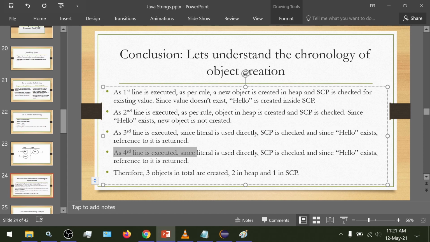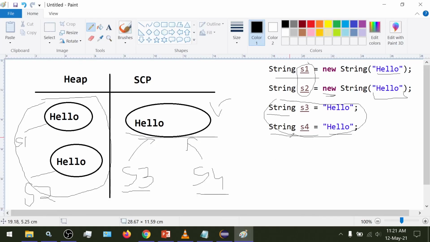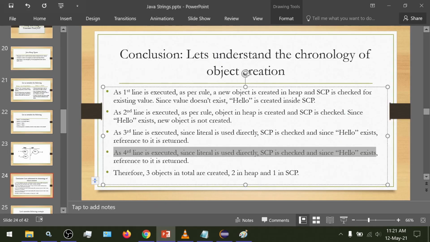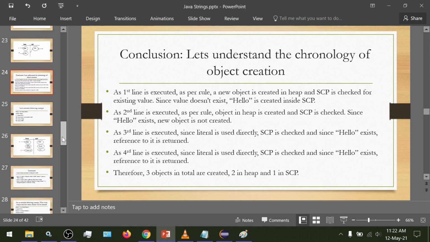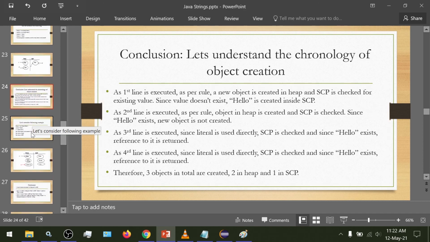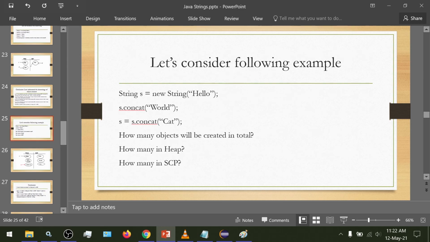As line 4 is executed, since a literal is used directly, the SCP is checked, and since hello exists, a reference to it is returned. This is the same case as s3 for s4. So s3 and s4 would point to the same object inside the SCP. Therefore, three total objects are created, two inside heap and one in the SCP. Moving on, let us consider another example.